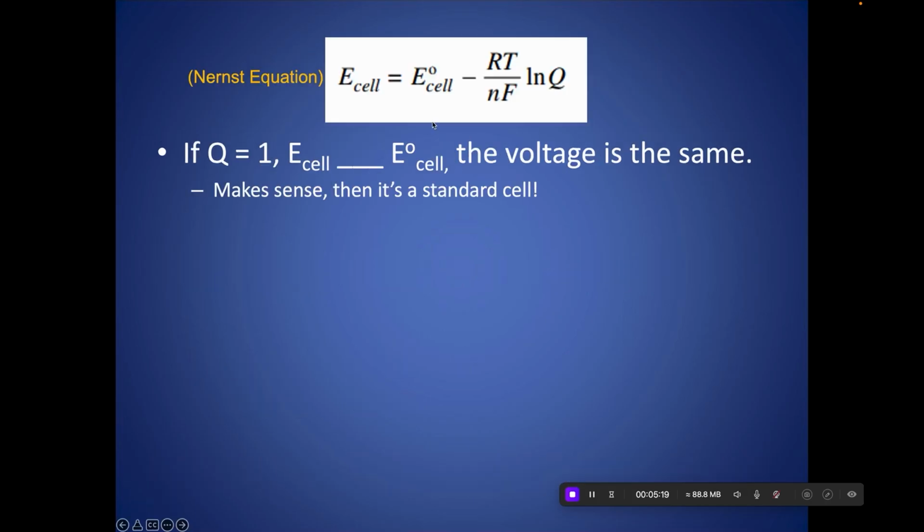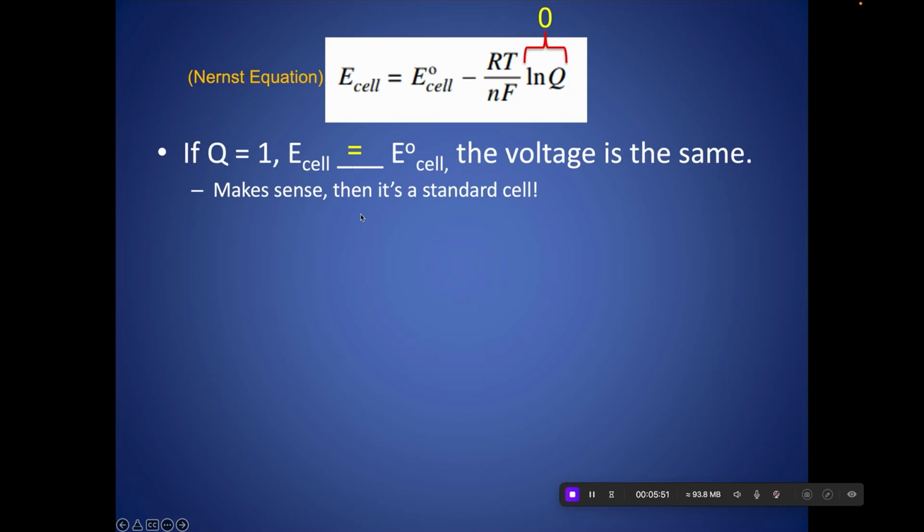So if I go back to this Nernst equation, which is on my formula sheet, if Q is 1, taking the natural log of 1 is going to give me 0. This whole term drops out, and E cell, my cell potential, my voltage, is the same as the standard state one, which makes sense because it's a standard cell. However, if Q is not 1, if my molarities are not all 1, I am going to get a different number for Q. And whether it's a big number or a small number,